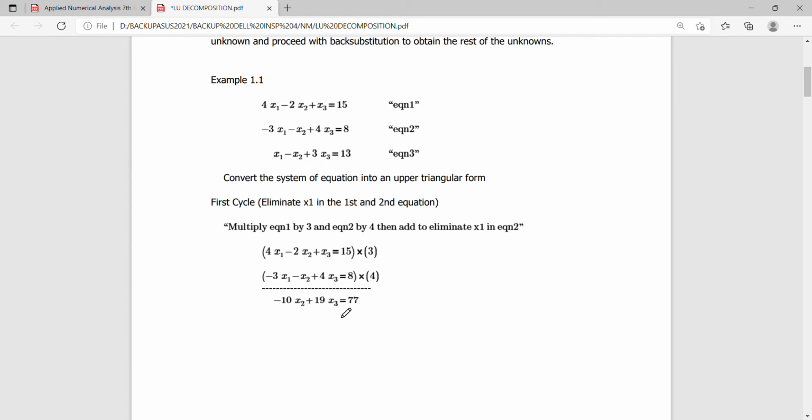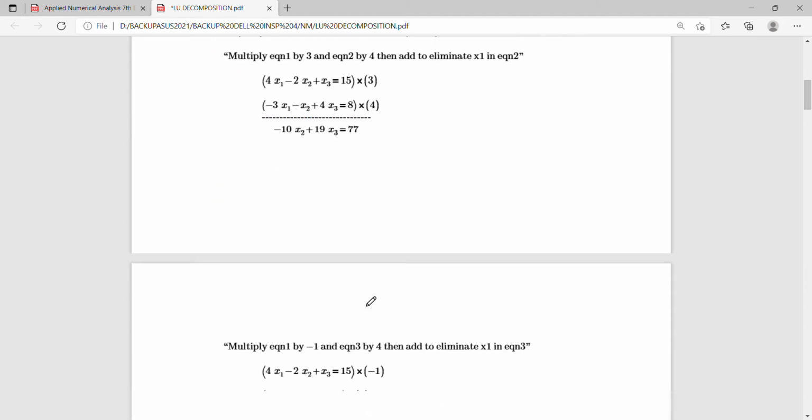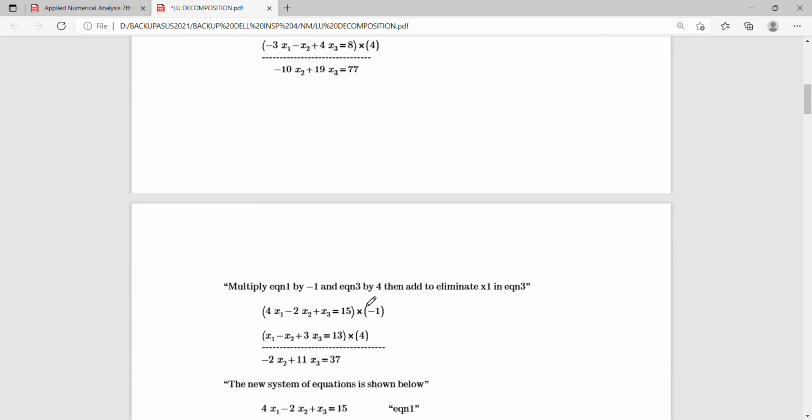So with such elimination, we actually reduce the form of the second equation into this resulting equation. So upon multiplying now equation 1 again by -1 and equation 3 by 4 and adding them,